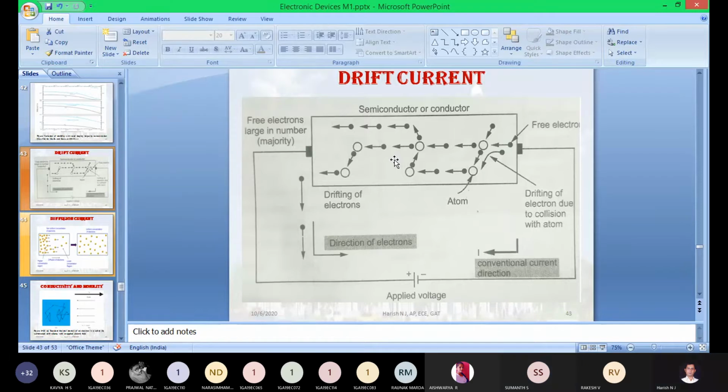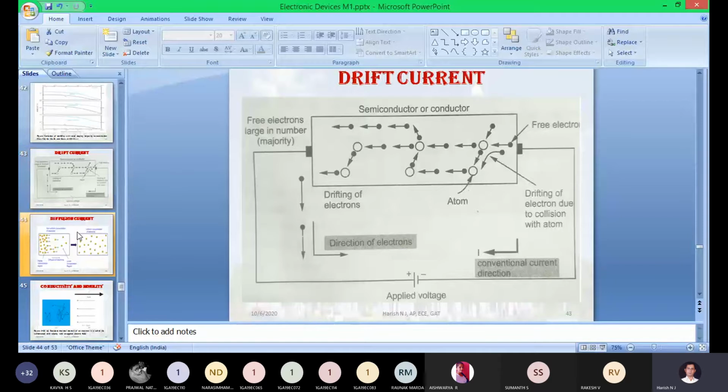Yes, sir. So in the drift concept, we have taken an equally or uniformly doped semiconducting material. Uniformly doped means, let us take a piece of semiconductor with a doping concentration of 50, only that much we have done to it. That kind of doping we call uniform doping of a semiconducting material.